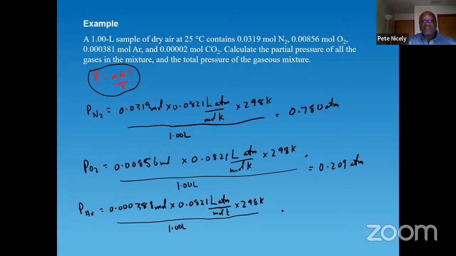Let's work that out: 0.000381 times 0.0821 times 298. According to my calculation, this works out to be 9.32 times 10 to the minus 3